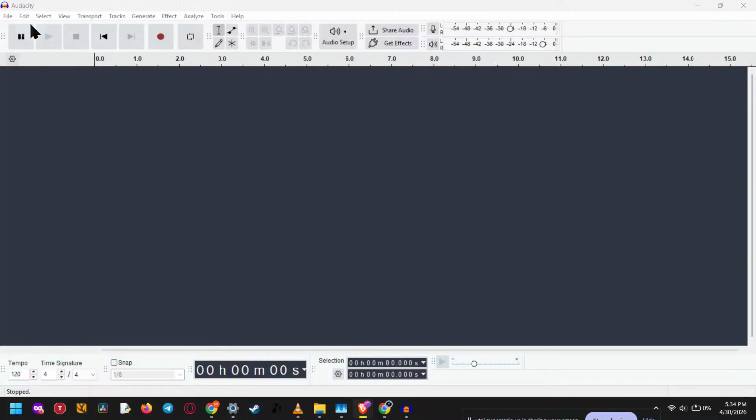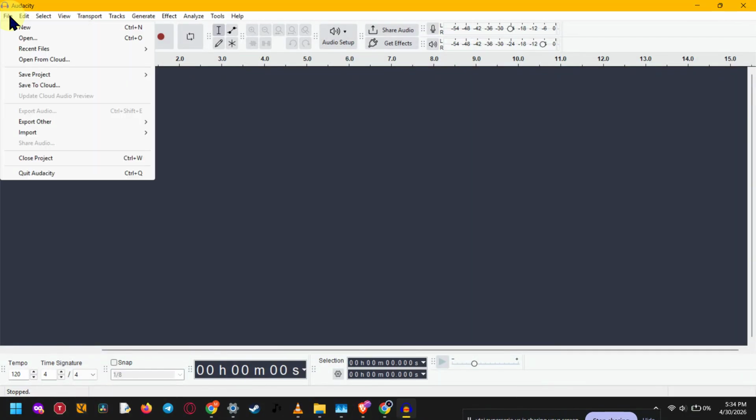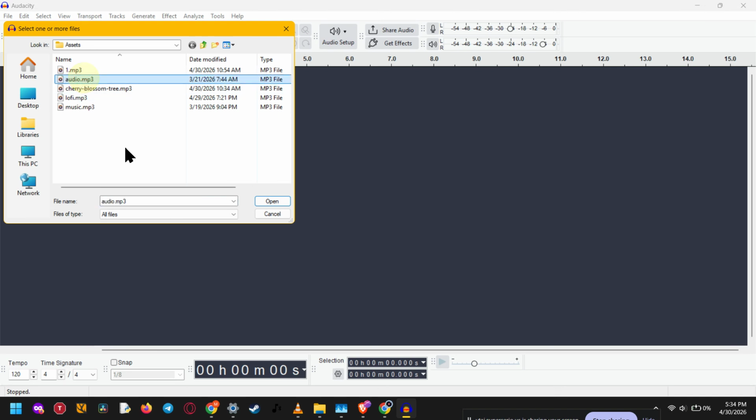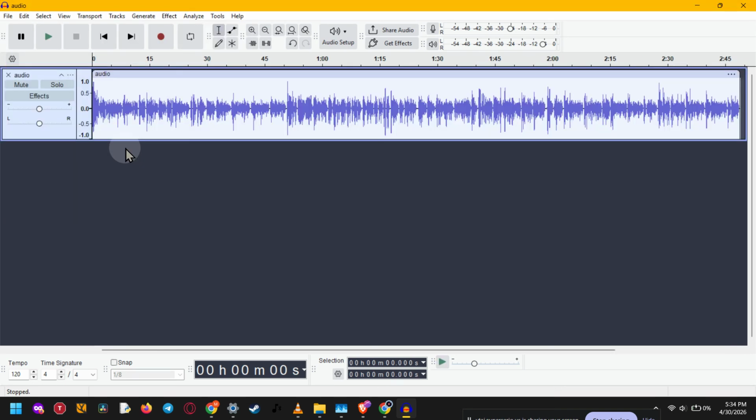In today's video, I'm going to show you how to convert Audacity files into MP3 quickly and easily, even if you've never done it before. This is a super useful skill if you want to save your audio in a format that's smaller, more shareable, and compatible with most devices and platforms. By the end of this tutorial, you'll know exactly how to export your Audacity project as an MP3 file in